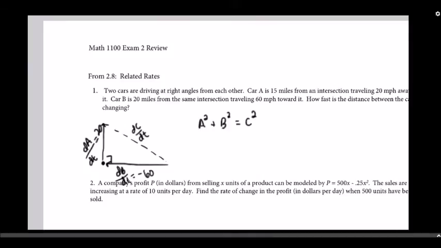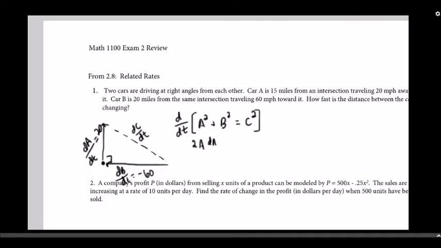But we're trying to find the rate of change of c, so we need to take the derivative with respect to time. And since we're taking the derivative with respect to time, and none of the variables are constant, this is implicit differentiation. So when we take the derivative of a squared, for example, it's 2a